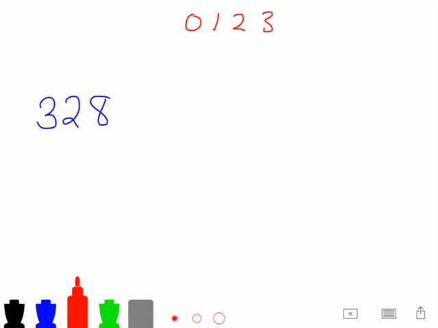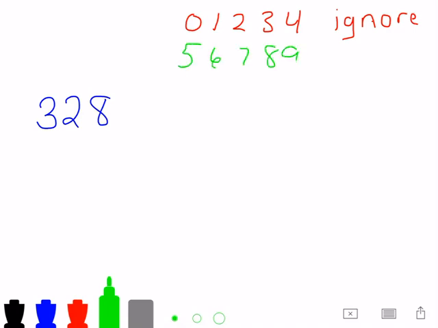Around the number 328 to the nearest 10 and 100. So again, I'm going to write my numbers to help keep me in check. If the number is a 0, 1, 2, 3, or 4, I know I'm going to ignore the number next to it. And if it's a 5, 6, 7, 8, or 9, that tells me I'm going to add 1. So when rounding the number 328 to the nearest 10, the first thing I need to do is find